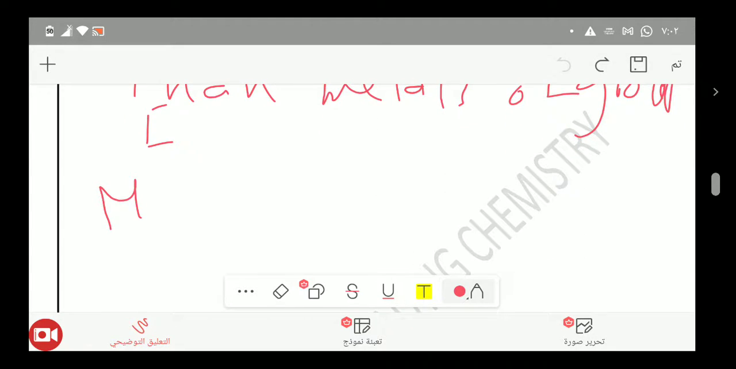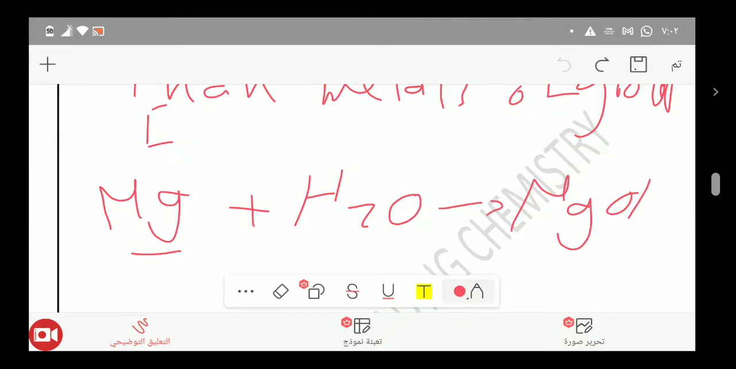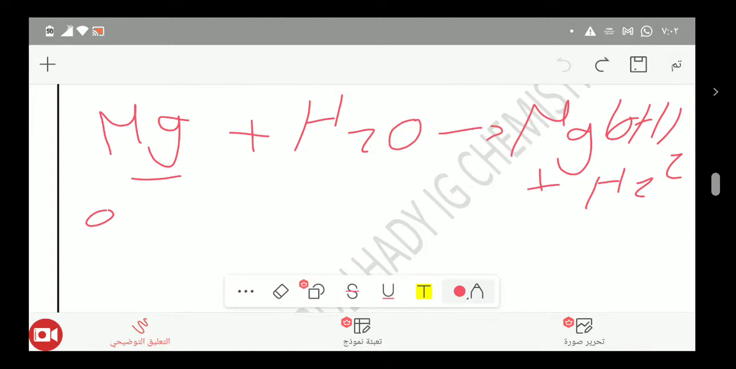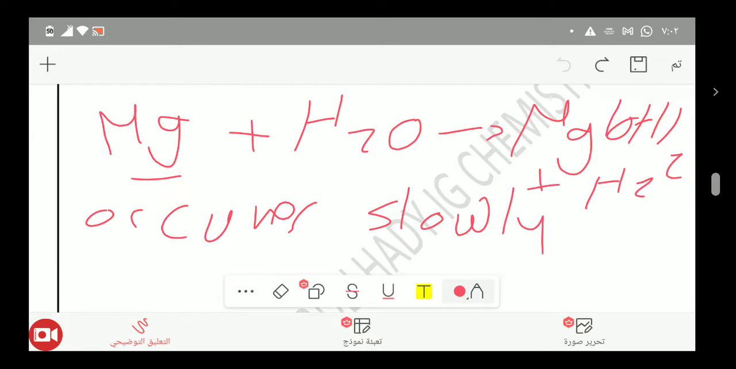For example, magnesium reacts with H2O, giving magnesium hydroxide plus hydrogen, and this reaction occurs slowly. In contrast, group 1 elements, or all group 1 metals, react with water violently, the reaction occurs hastily. So, to understand the difference between group 1 elements and group 7 elements, we have to